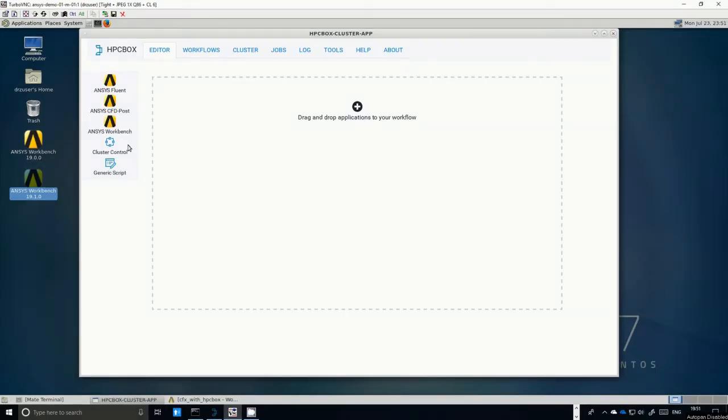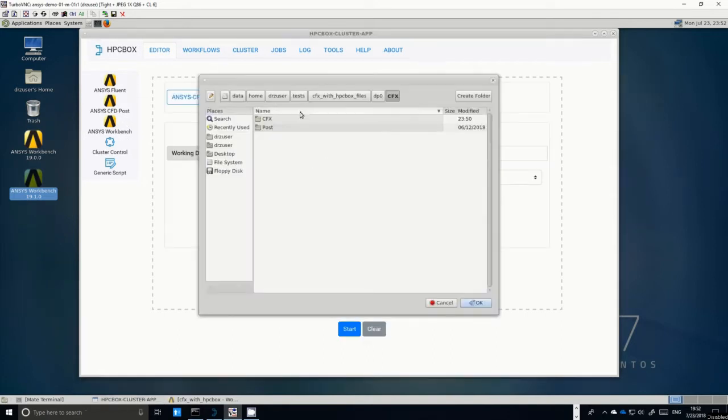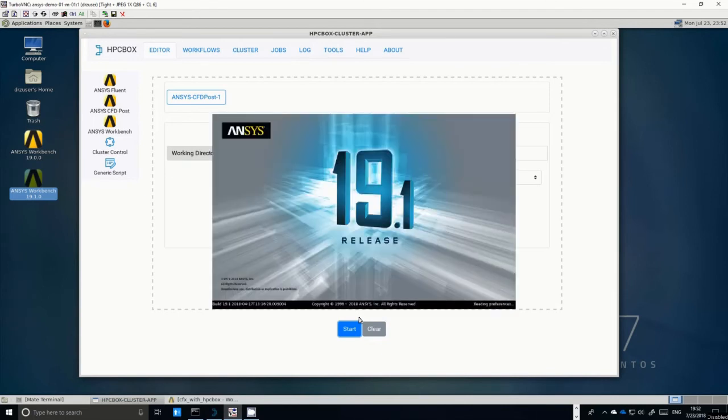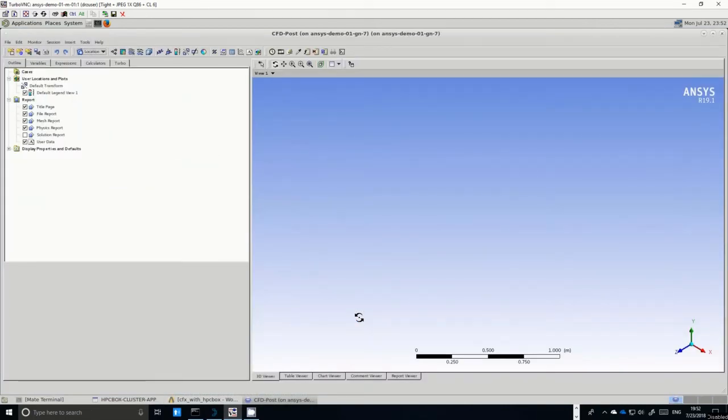HPCBOX supports both hardware-accelerated remote 3D rendering and GPU computing on worker nodes which are equipped with an NVIDIA graphics card. So let's see how we can perform post-processing operations using CFD Post on HPCBOX. We select the working directory for CFD Post here, select the version we want to use, and we ask HPCBOX to use a node which has got an NVIDIA GPU card and start the CFD Post process on that particular node. So once we hit the start button, we can see that CFD Post is going to start with its native graphical interface just as it would on our local workstations,